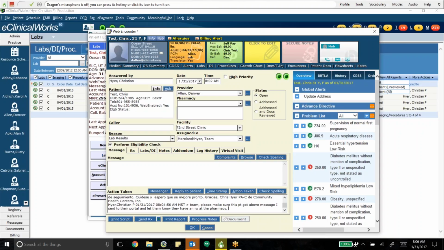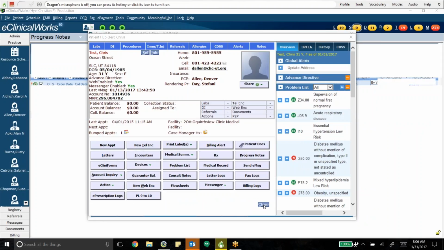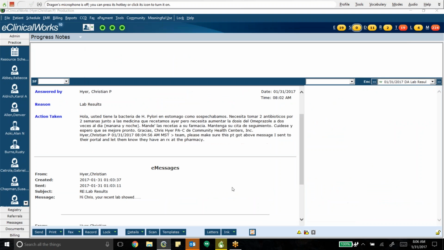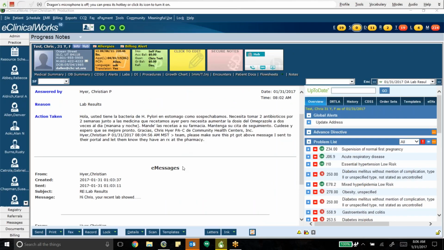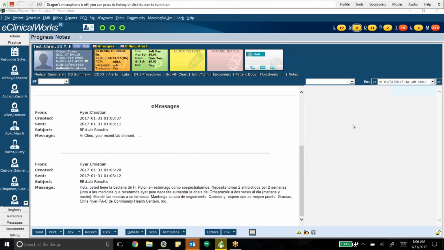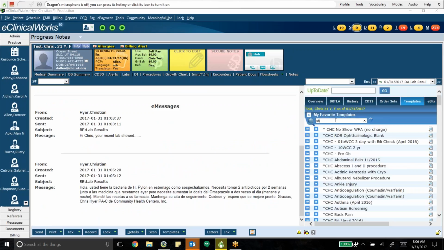I think that is ideal in many ways if you have a portal savvy patient. So that's one way. From here, there's also a way from telephone encounters to merge templates. If I close this patient's note out, and now I have this telephone encounter message that is not closed yet, I can go to templates, and I have a template called H. pylori treatment